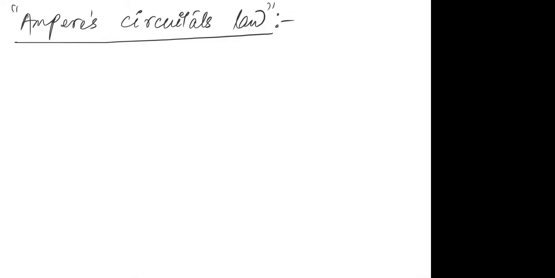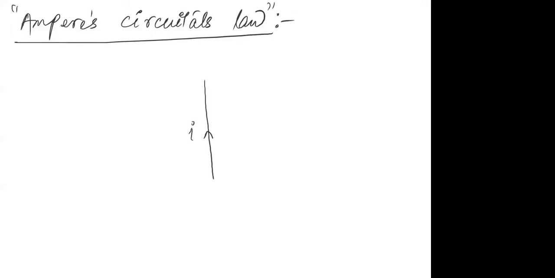Now, what is this Ampere's law and how do we apply it? So listen to me very carefully. Ampere's law simply says that if you have a wire, I will first write it for a single wire, then I will use more than one wire. Just to make you understand, I'm taking the simplest case. I have one current carrying wire.